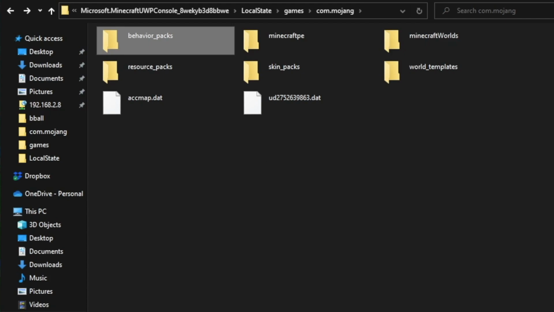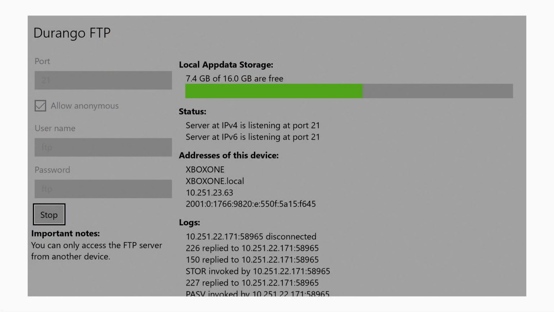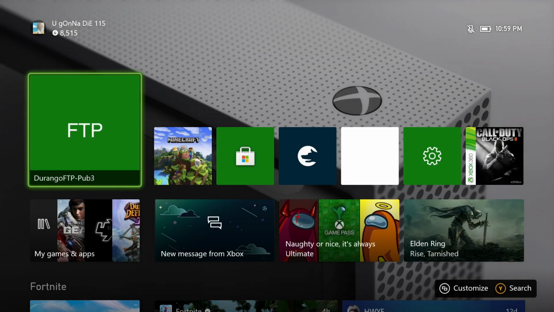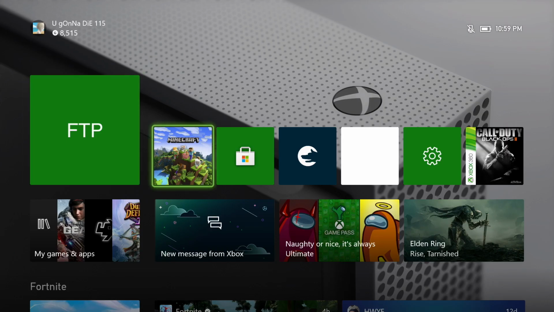So go back to your Xbox now. So here we are back on the Xbox, and very simple. All you want to do is go to where it says stop down here, and you want to stop your FTP server that we've been running this whole time. Go ahead and completely close out of the FTP app, completely quit it, and you want to start up a